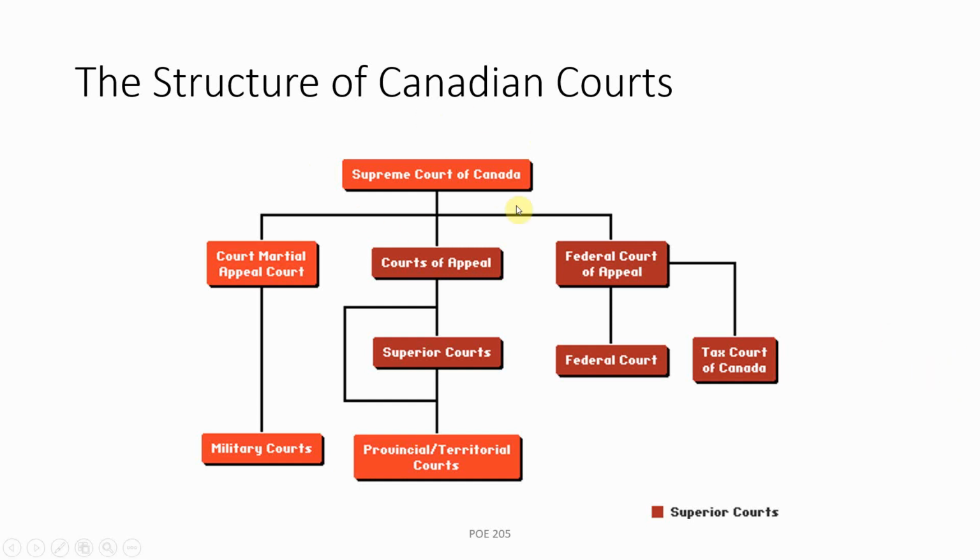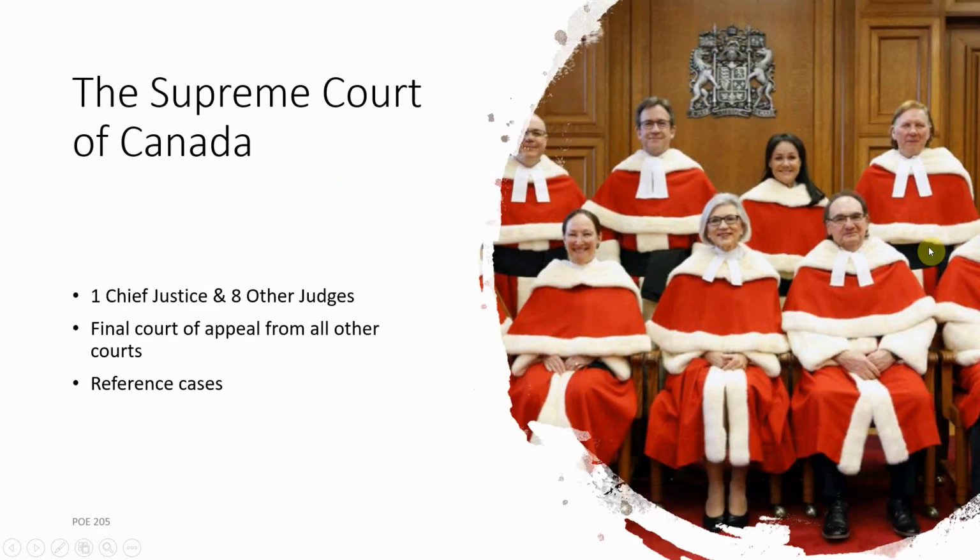So this is the court that's really at the top that makes the final decisions. It's the Supreme Court. So what is the Supreme Court? Where does it come from? So the Supreme Court of Canada was constituted in 1875 by an act of Parliament, and it's comprised of a Chief Justice and 8 other judges, all of whom are appointed by the Governor General,